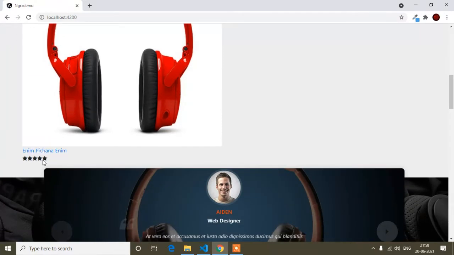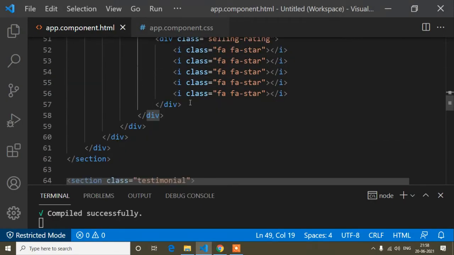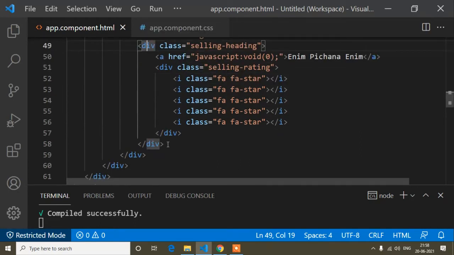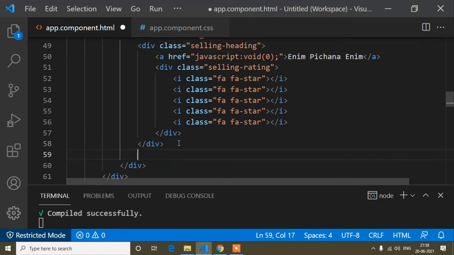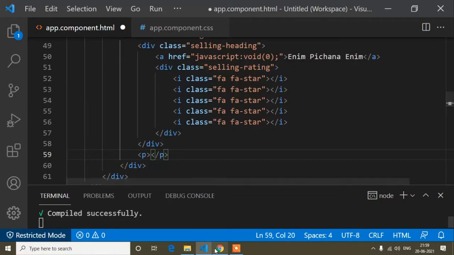Now here I will add the paragraph. Below this div, this is the selling heading. If I click this div, this div is ending here. So below this div I will write a p tag, and I will go to the lorem ipsum official site.